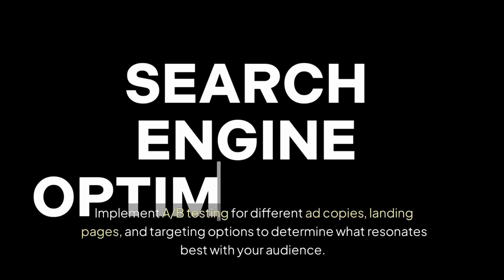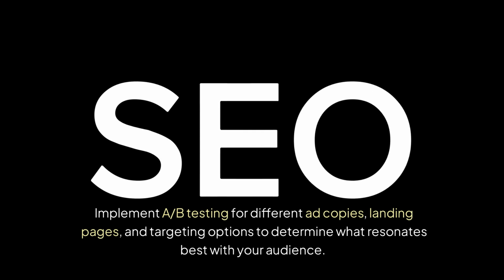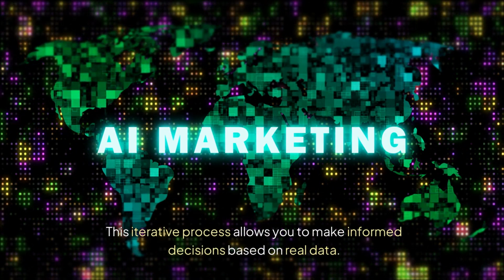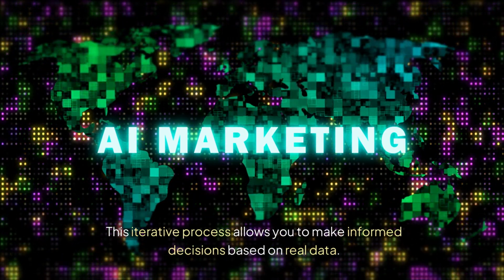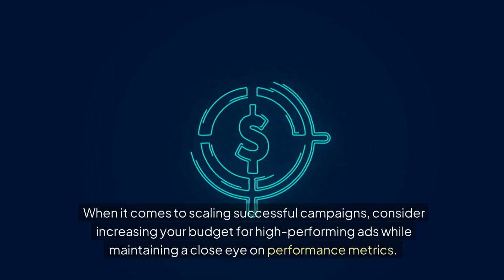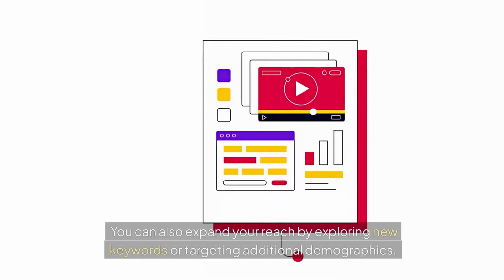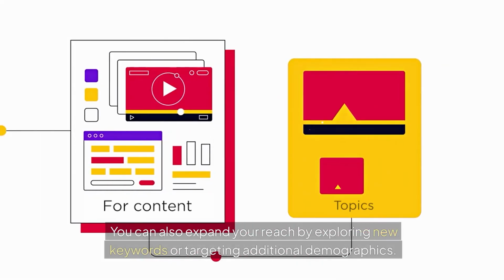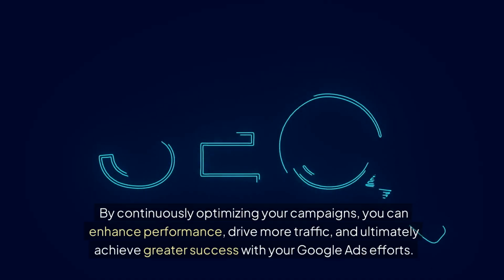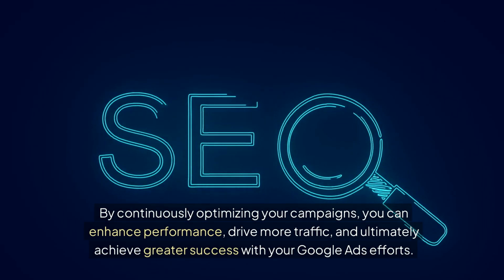Implement A/B testing for different ad copies, landing pages, and targeting options to determine what resonates best with your audience. This iterative process allows you to make informed decisions based on real data. When it comes to scaling successful campaigns, consider increasing your budget for high-performing ads while maintaining a close eye on performance metrics. You can also expand your reach by exploring new keywords or targeting additional demographics. By continuously optimizing your campaigns, you can enhance performance, drive more traffic, and ultimately achieve greater success with your Google